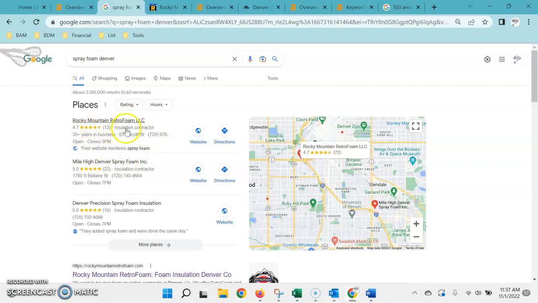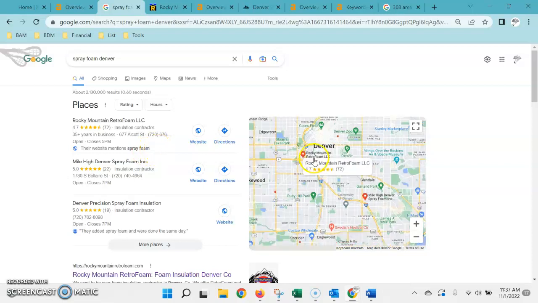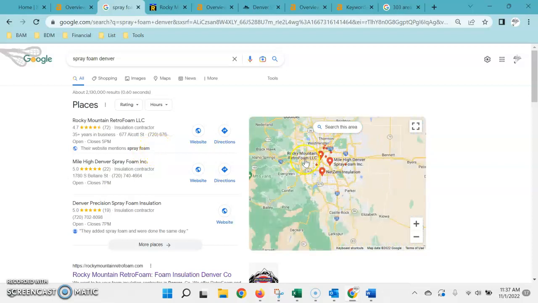You want to fill out as much information as you can in here: all the services, your location, hours of operation, and your business description, where you're allowed 750 characters. You want to fill that out with some keywords as well. Then you want to add photos that are geotagged from within your service area, as well as post onto your profile on a regular basis, because Google really rewards activity in this area. Then you want to collect as many reviews and as many citations, your name, address, and phone number, as you can. You want to appear in more directories than anybody else on this list.